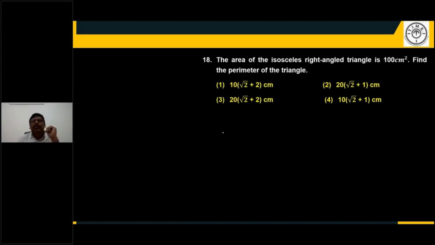Now, friends, this is about the area of right angle triangles. Students, a right angle isosceles triangle. Isosceles triangle means two sides are equal. Students, if you take a right angle isosceles triangle,